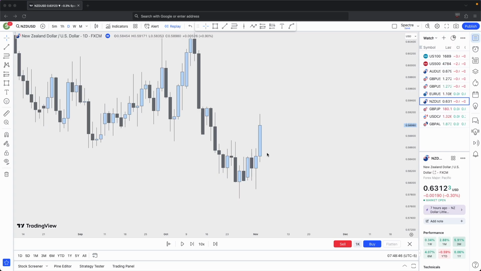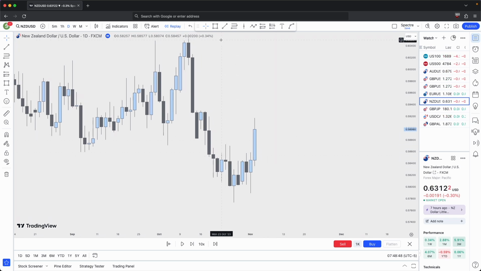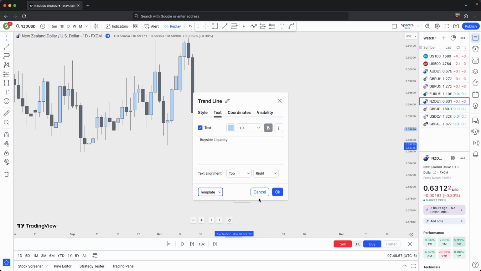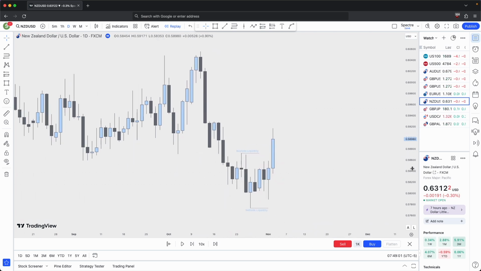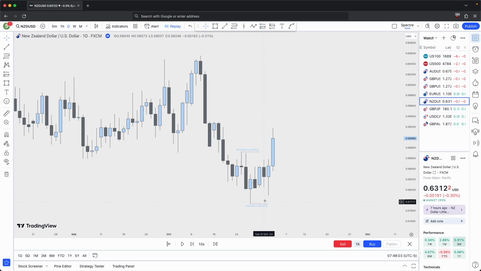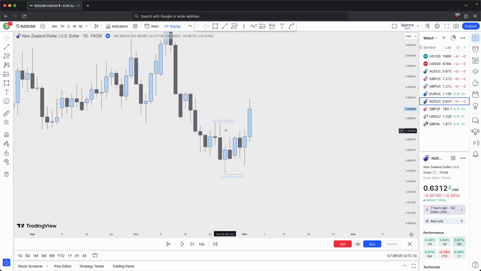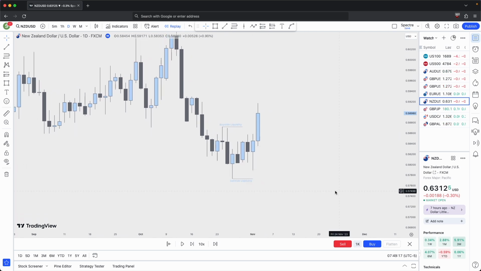Alright, now let's look at additional chart examples. So if you look here we had the previous external range high and the previous external range low. Let's mark this as buy side liquidity and sell side liquidity. But as you can see here, we were in a bearish trend and this was the previous external range high and external range low. However, when this range was created, so if I move this here,